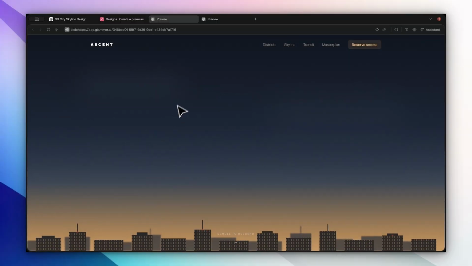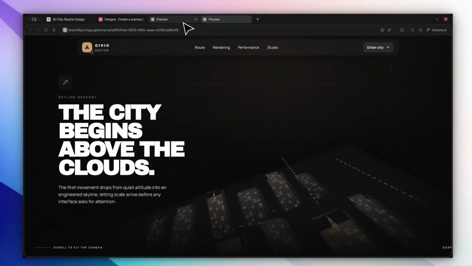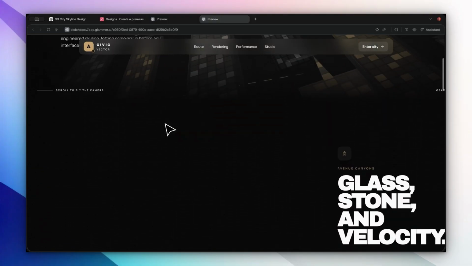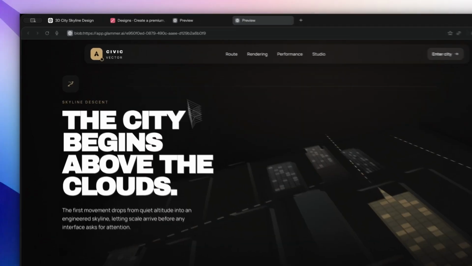Keeping in mind that I gave both these models the same prompts for this task, and GPT 5.5 was just not able to compete